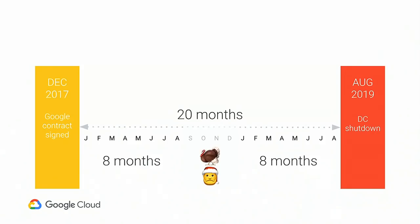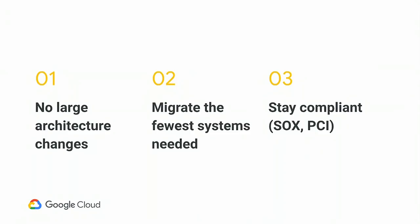So preferably, we would prefer that the large portion of the migration finish in the first 8 months so that we have the other 8 months as a fallback in case we need to fix some things or have a complete do-over even. So just to remind you of the ground rules that we set for ourselves, no large architectural